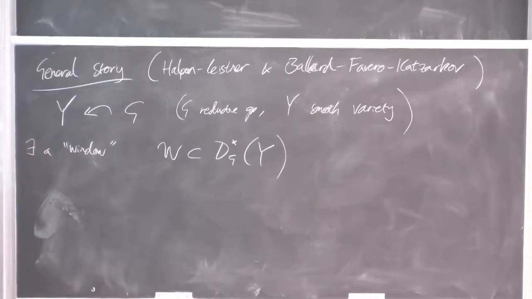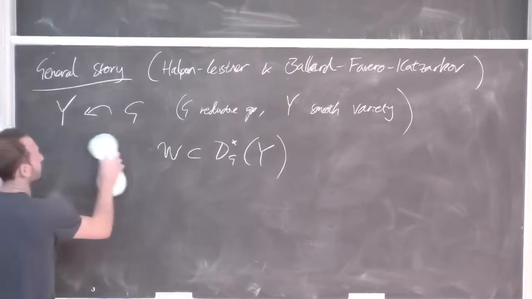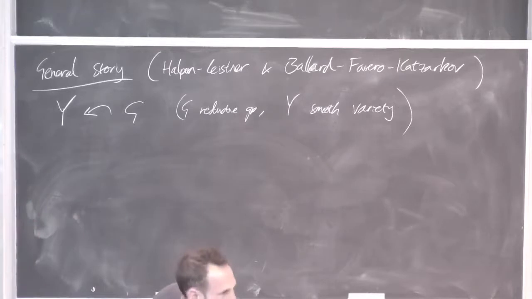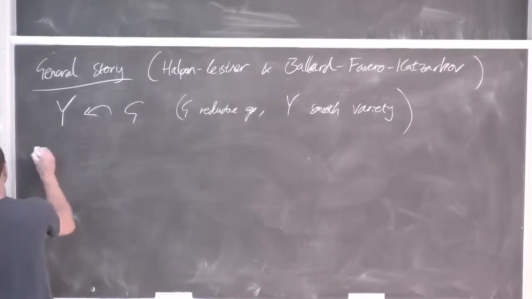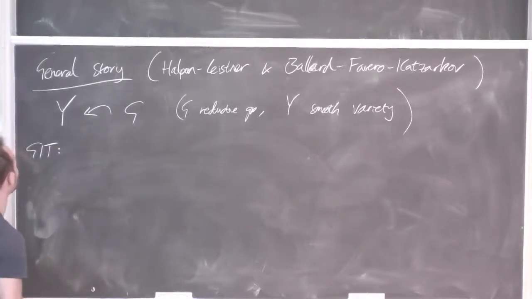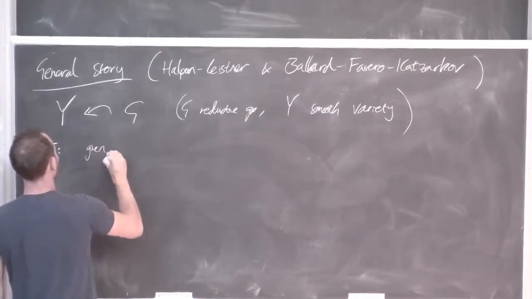Oh, hang on. Sorry, I missed a step. Let me just erase that. The first thing you have to do is make your choices to make a quotient. So we've been cutting things out in a slightly ad hoc way and forming quotients. The way to make it not ad hoc is to learn what geometric invariant theory is. There's a thing called geometric invariant theory, which is fairly old, even by my standards, fairly old, which says that given a particular choice,